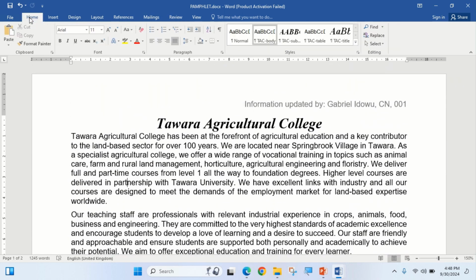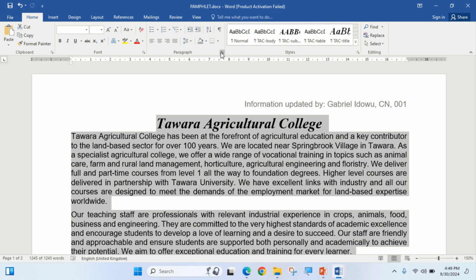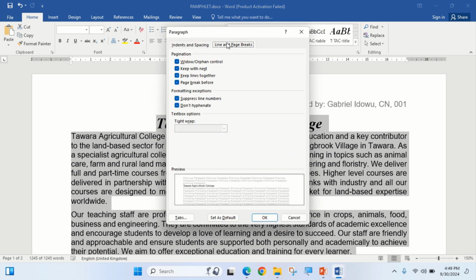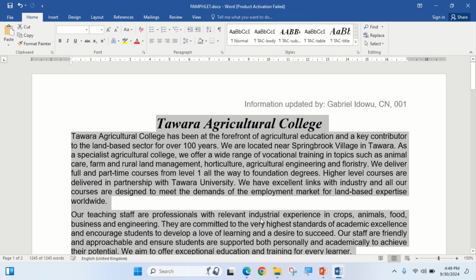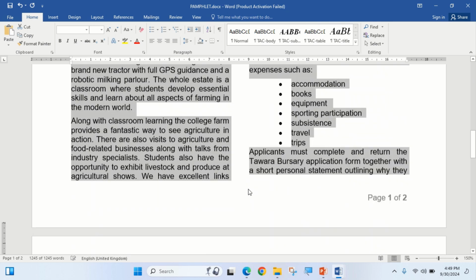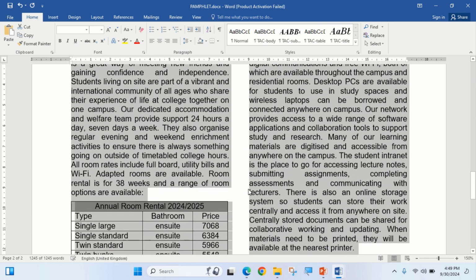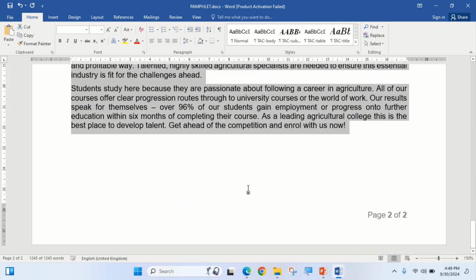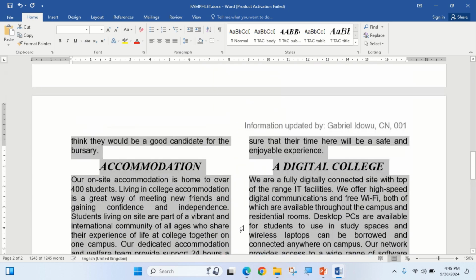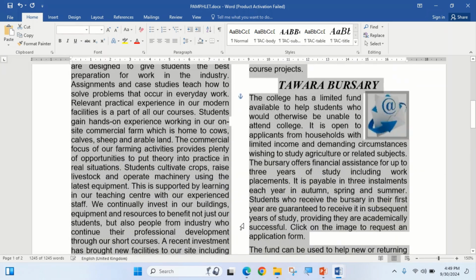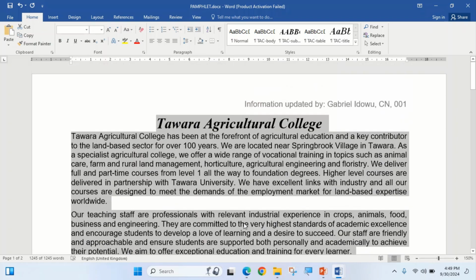You can select all with Control A, or just highlight and then go to paragraph settings, line and page breaks, go to widow and orphan control, tick on it, check it and say okay. So you're going to control widow and orphan. Okay, good. Widow and orphan, let's see. Good,